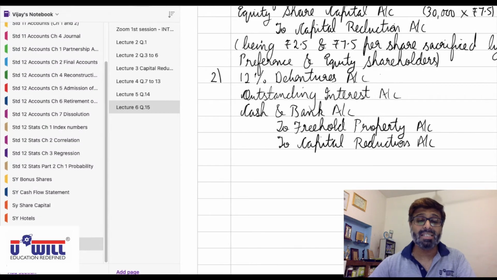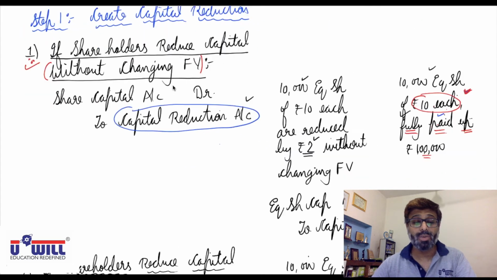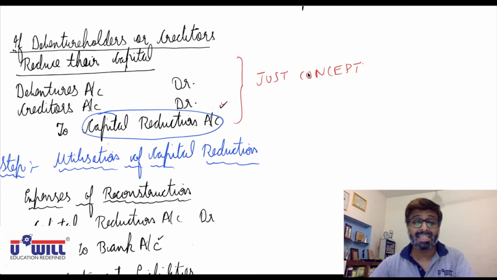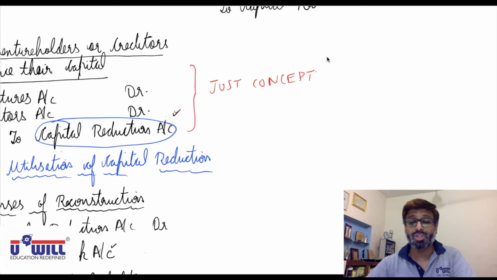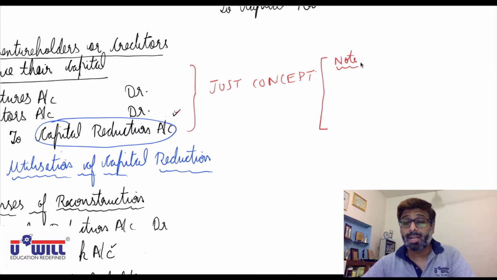You can write this as a note in the summary where we have written, so that you understand the concept. As I said, if you remember, I have told you here, in this third entry, if debentures or creditors reduce their capital, debentures creditors to capital reduction is just a concept. Actual entry will differ from question to question. So here you can write down as a note in the same third entry that close